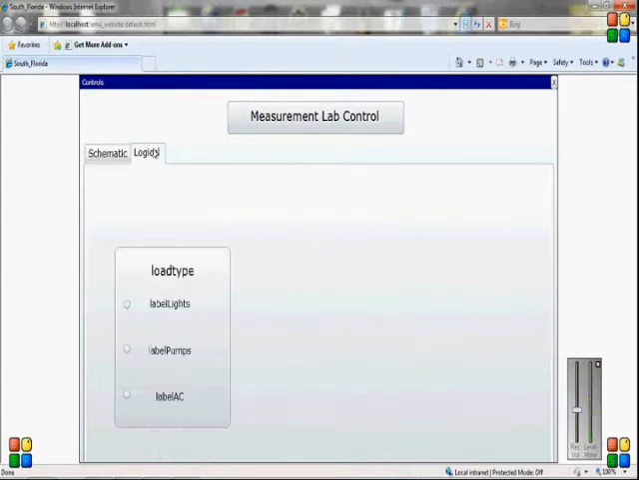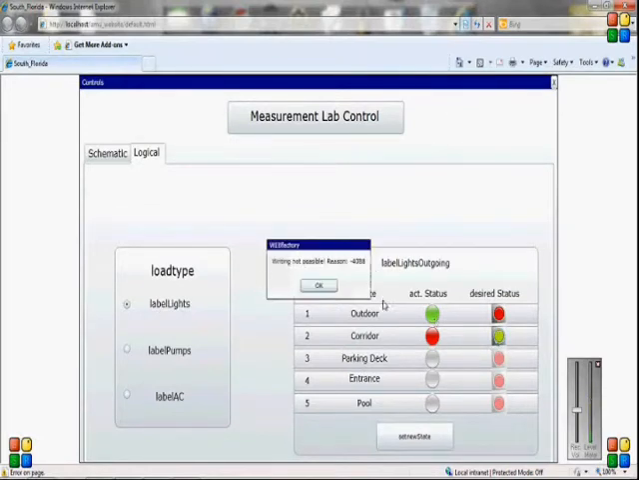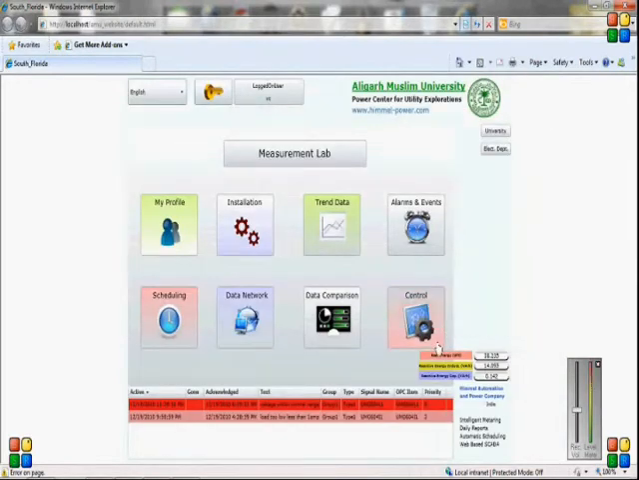Let's go to the logical view. So here you can see, for example, when I click the lights label, I have the control for the lights. So let's shut down the outdoor lights. At the moment, since there are no loads connected, we are getting this error code. So let's say I also switch on the corridor light, okay, and I just shut down